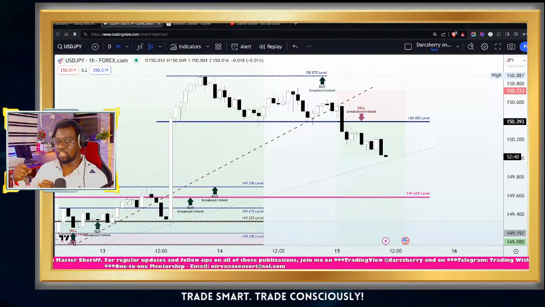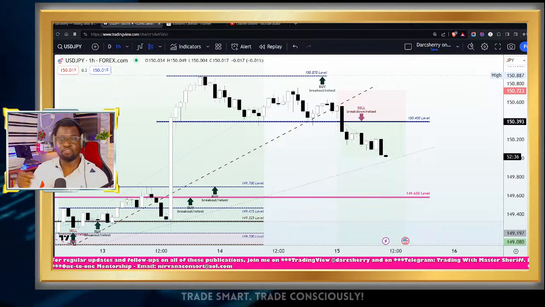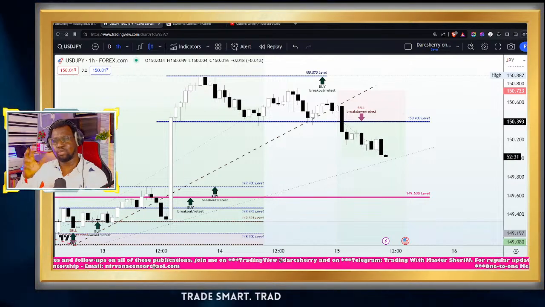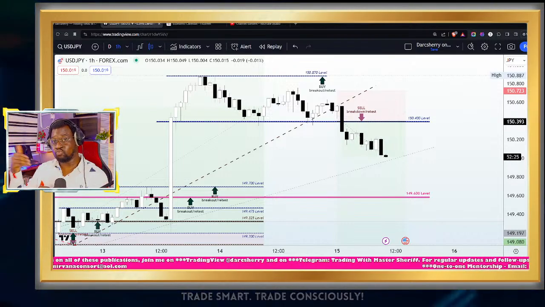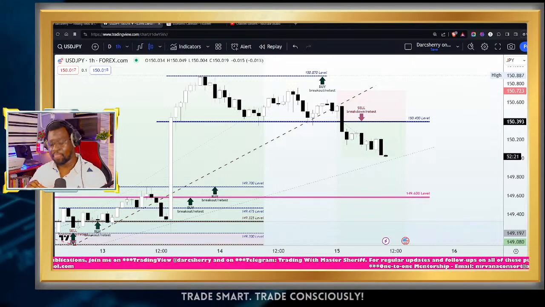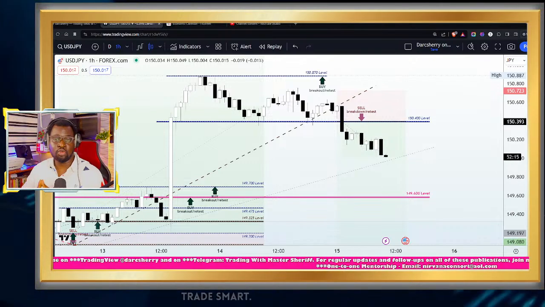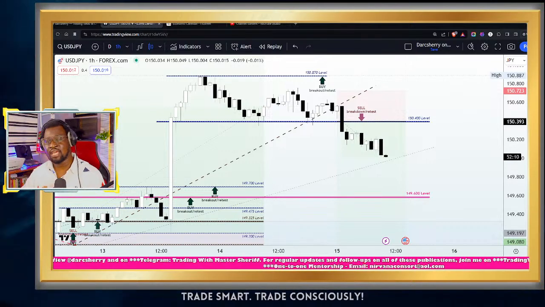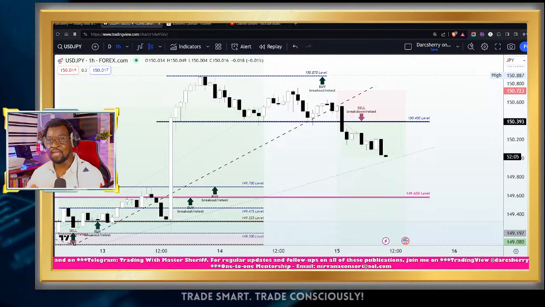Now, I am of the opinion that from a fundamental perspective, we may be looking at some signs of buying hope for the Japanese yen due to the recent verbal intervention by a Bank of Japan policymaker. A financial policymaker yesterday, Mano or something, I can't remember his name, emphasized that the Bank of Japan is ready to intervene in the forex market, and this of course has led to some fear in the market. So those who are holding on to the US dollar have been trying to take some profit off the chart, which may result in a retracement move, and this is likely what may have been happening at this point.